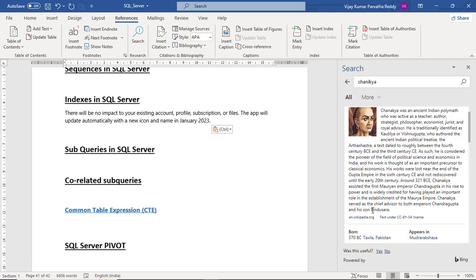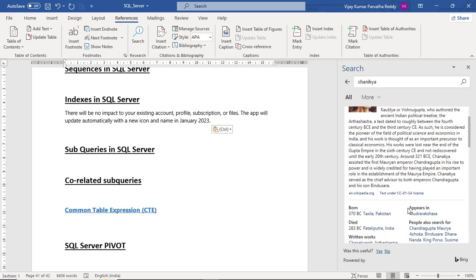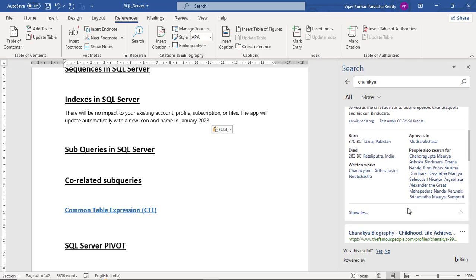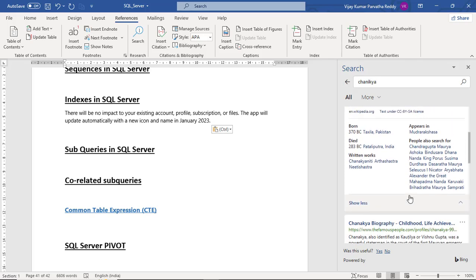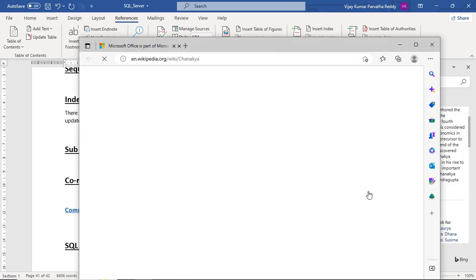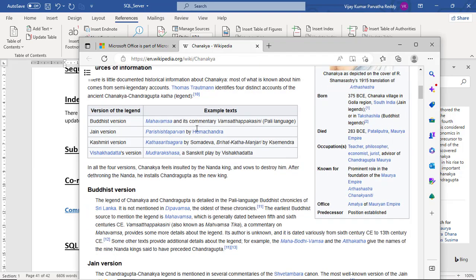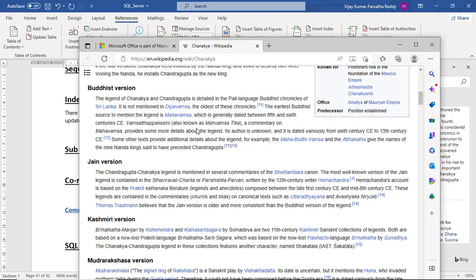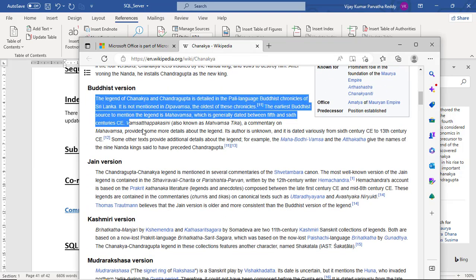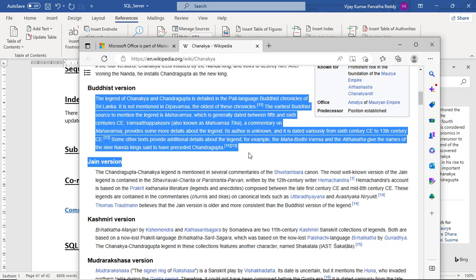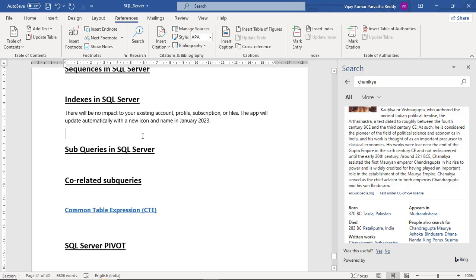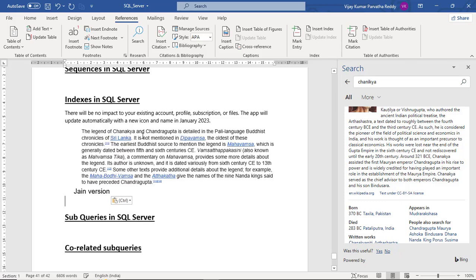And if you want to open it directly on the relevant Wikipedia page, see, it is opening directly here. From here you can copy and paste here. Control C, Control V.